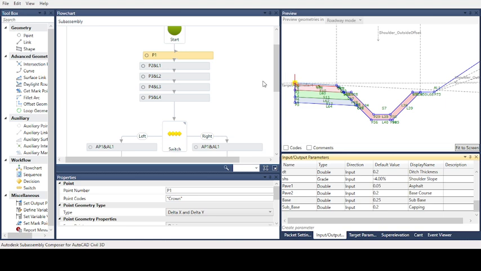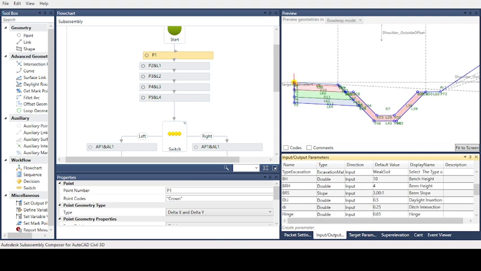Today, I will show you how to create a strong subassembly composer, the highlights from the initial input to the final output. Next time, you will see how to work each component from the single point up to the final output, creating the masonry ditch, concrete ditch, V-shaped ditch, and trapezoidal ditch. As you see, this ditch we can use for many types of ditch.